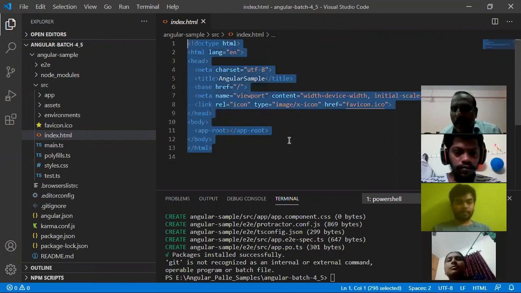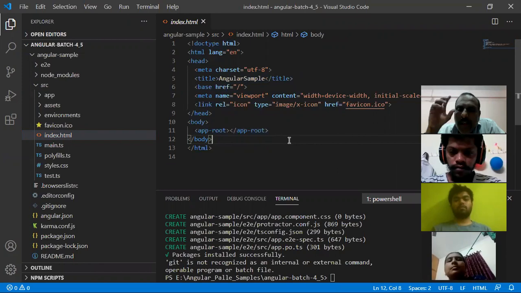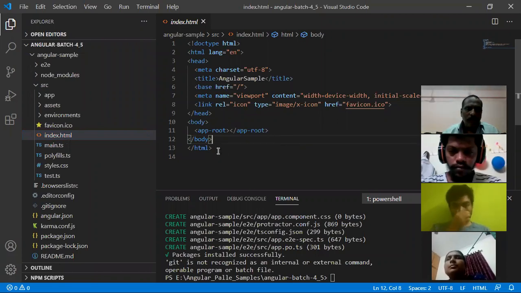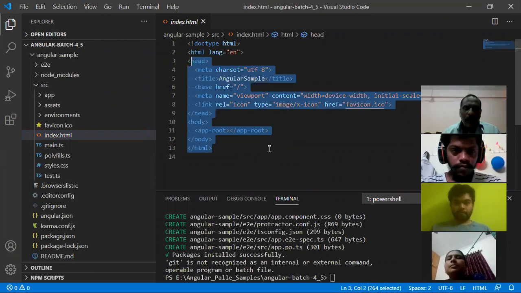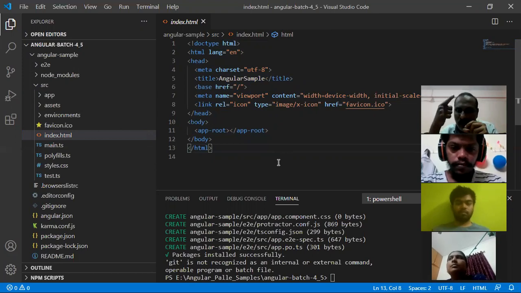That is the reason why Angular applications are called single page applications. So your responsibility is, whatever output you would like to show in your Angular application, you have to add it into the index.html. Inside your Angular index.html, you add the output you want to show to the user in the browser.